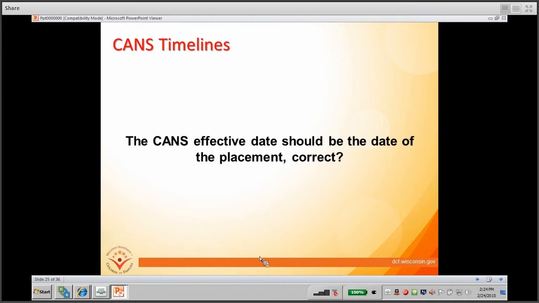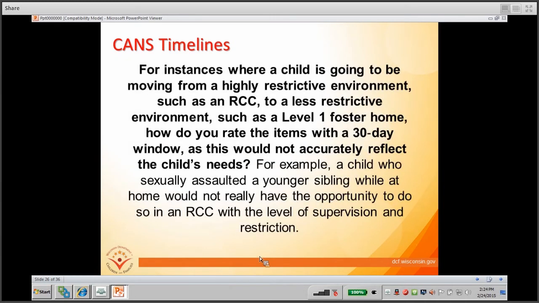So once all that information has been gathered and the assessment is complete, that's the effective date of that particular CANS. I want to mention that a lot earlier in the CANS rollout, people were doing that because the rate setting wouldn't allow you to go back to the date of placement.